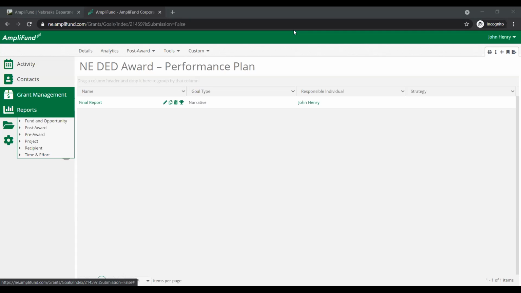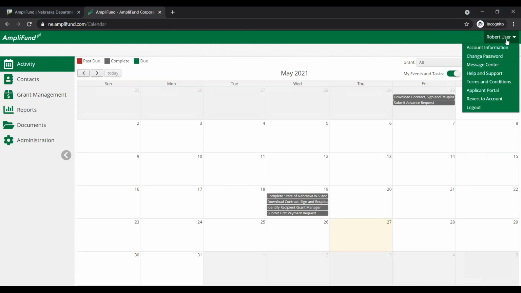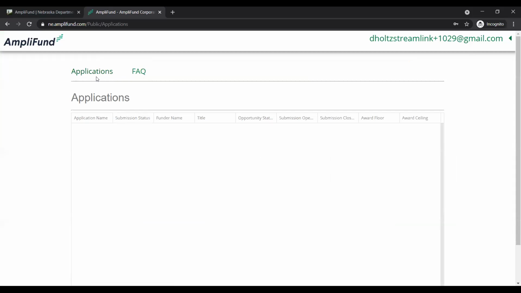So if you log in to Amplifund and it takes you into your recipient portal, and you want to access any active or submitted applications you've worked on, go into your top right-hand corner where you'll see your name, and then go ahead and click on Applicant Portal. What that's going to do is take you to your organization's applicant portal page, where you'll be